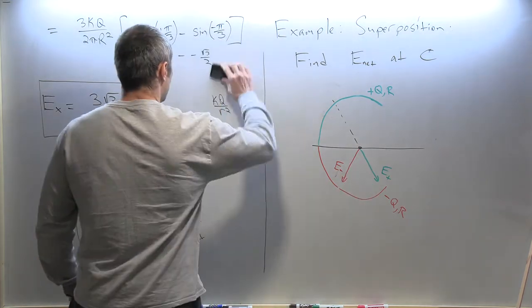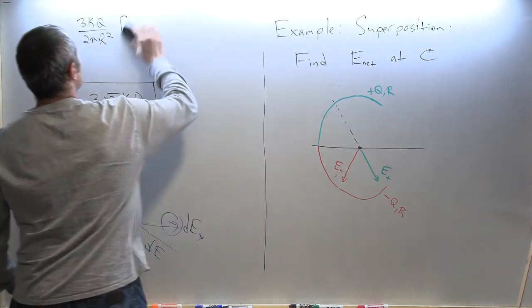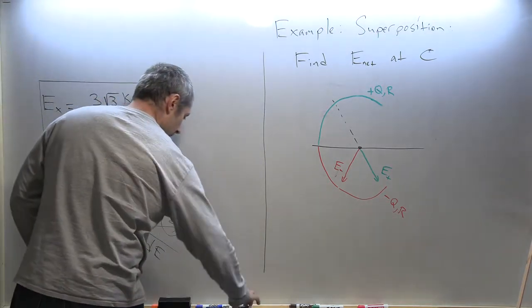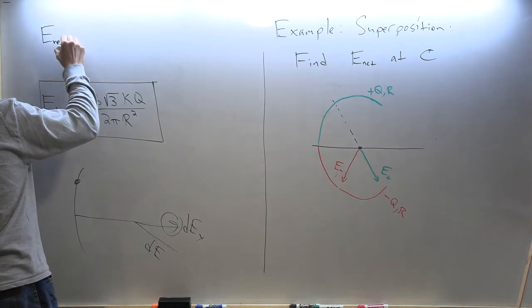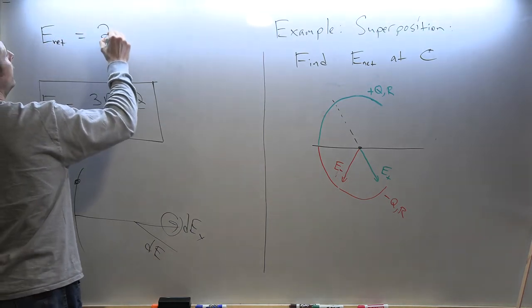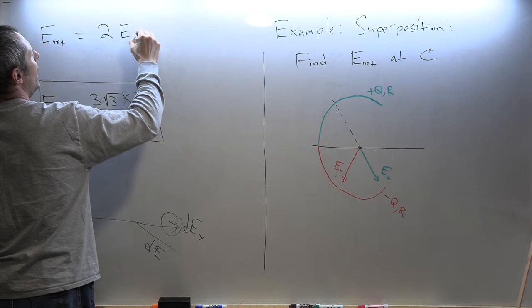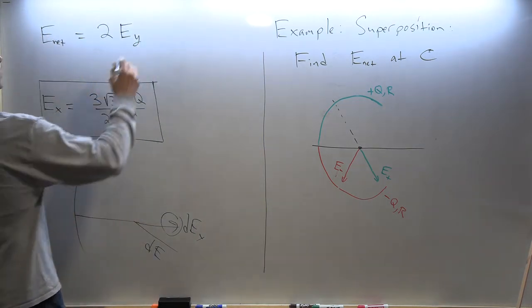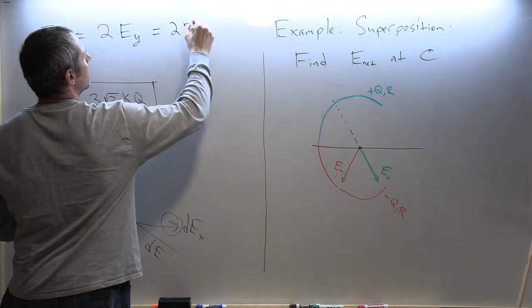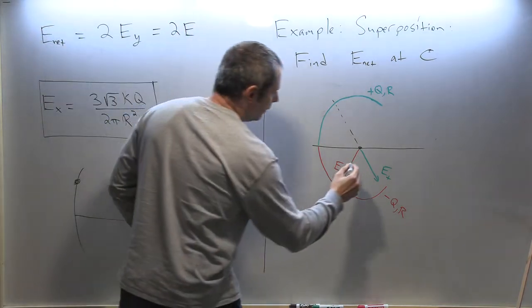Okay? So we can therefore say E net is equal to 2 times the y component of each of those arrows, which will be, if I go like this,